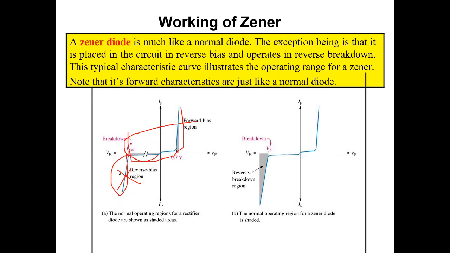In the Zener diode, this is the main region of operation. Even though it enters into the breakdown conditions and gives a high amount of current, once again I can use it for the normal VI characteristics of the Zener diode. So if you observe these two graphs, the only difference is in the breakdown region. Almost all the VI characteristics are the same for the Zener diode and the PN junction diode.